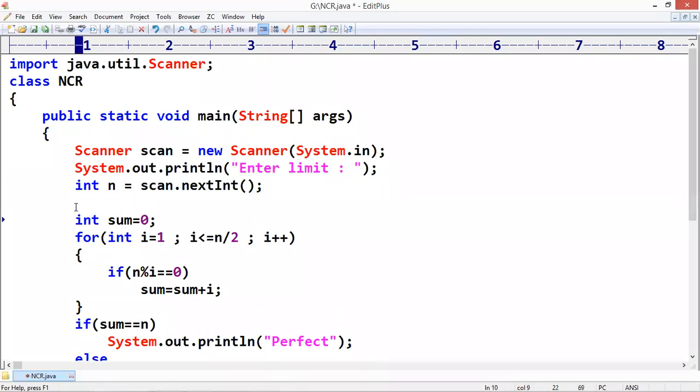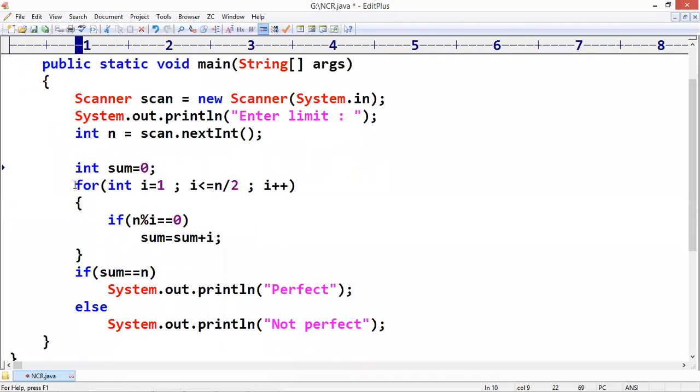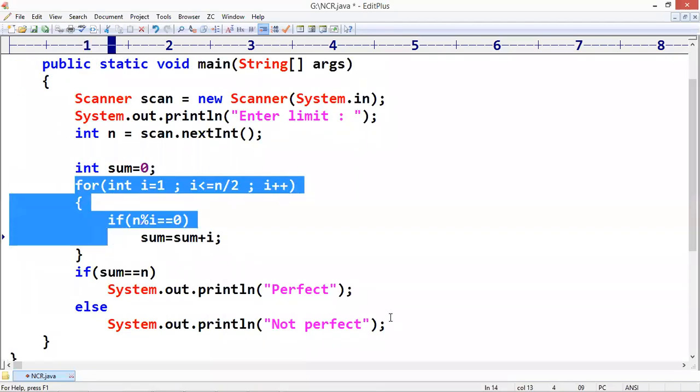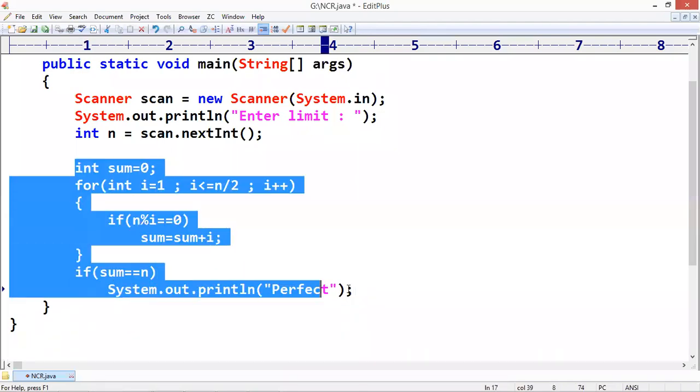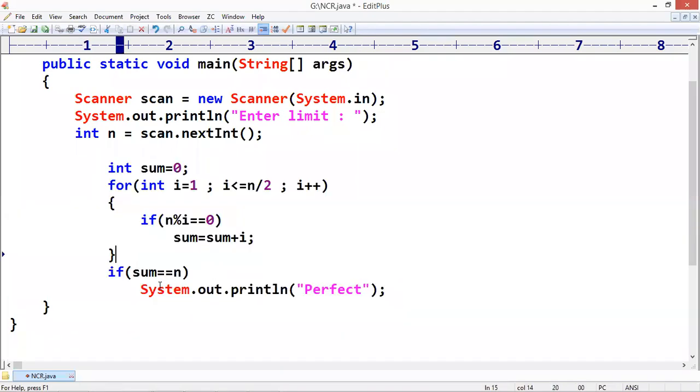After this, this part is used to find whether n is perfect or not. If both are equal, yes, we are saying that n is perfect.